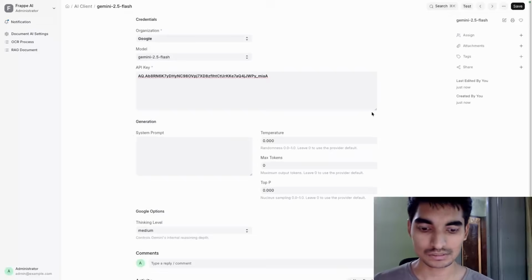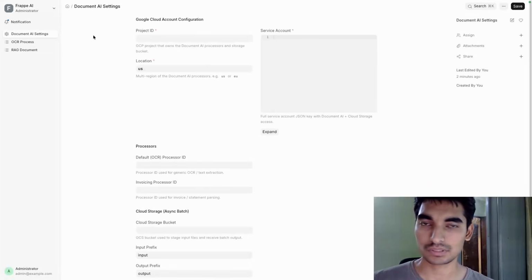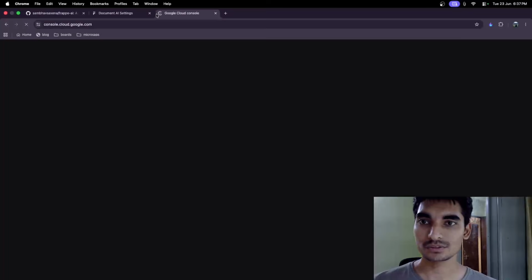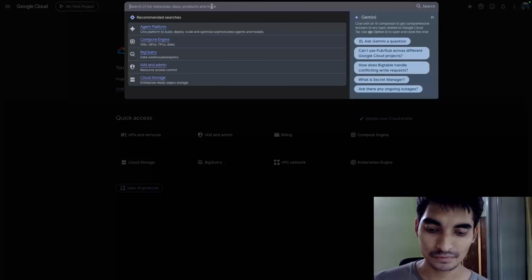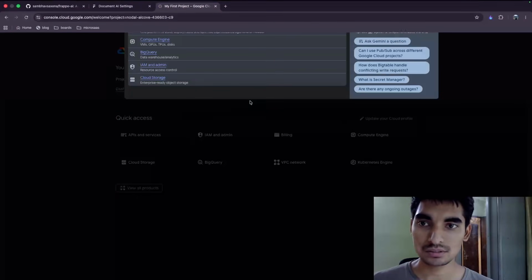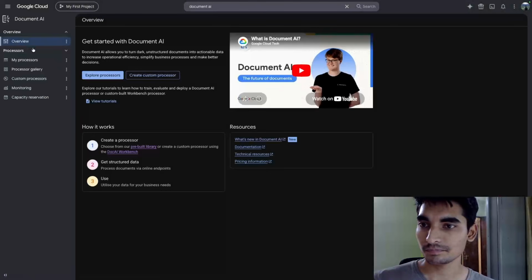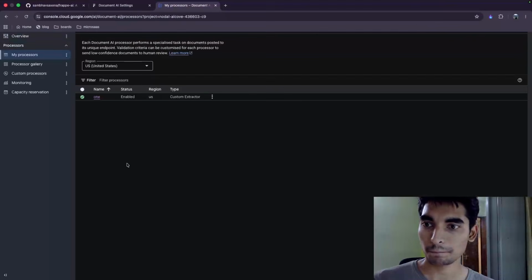The next step was to use your OCR processes. So there is something known as AI settings doctype, your document AI settings. This is specifically made for Google's Document AI OCR based processes, because if I try to show you the console for Google, which provides this interface, there are some entities and fields which you would find there that you're supposed to put up here. So I'd like to go to Document AI, my processors. You'll see there's a processor ID that it's asking for. You'll get it here.